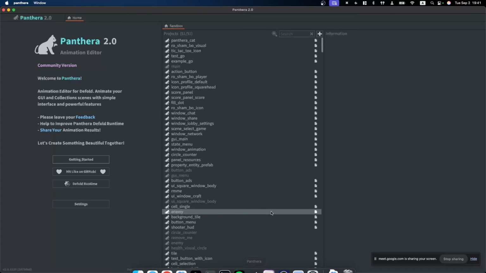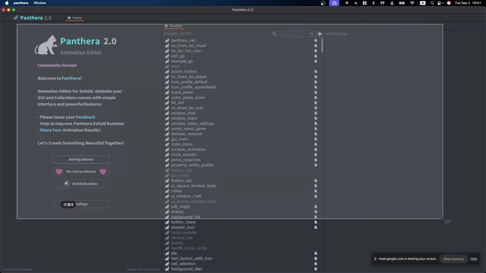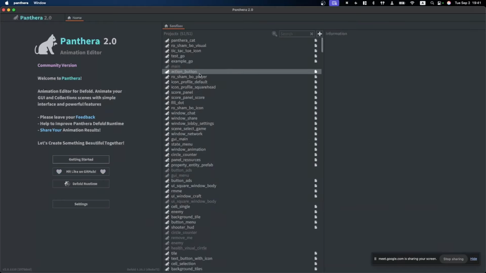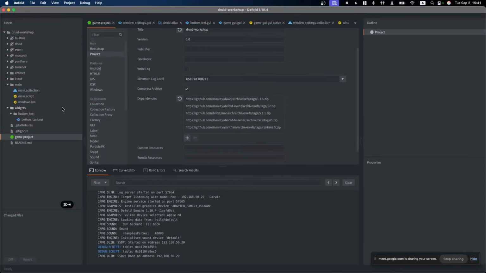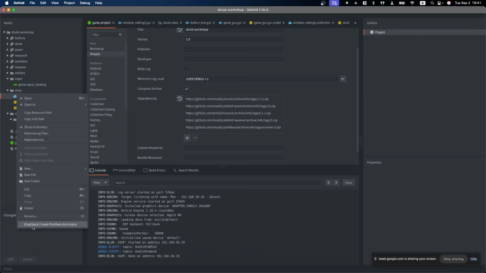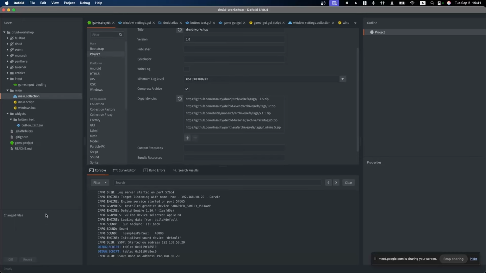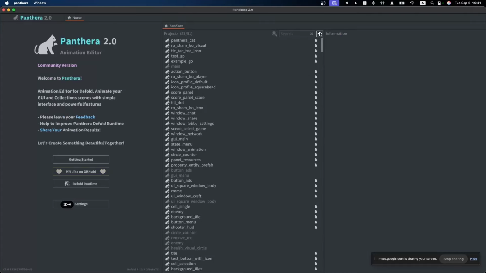You just run it. When you run, you will see the home page with your projects, and you can start opening your project from Defold here, or you can start opening all projects from Defold itself. I think I need to show both ways because I'm not sure about Windows users. Is it available or not with editor script options? So let's make the project inside Pantera.